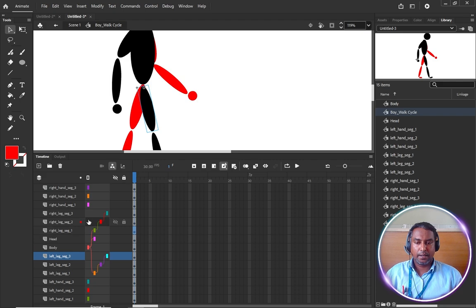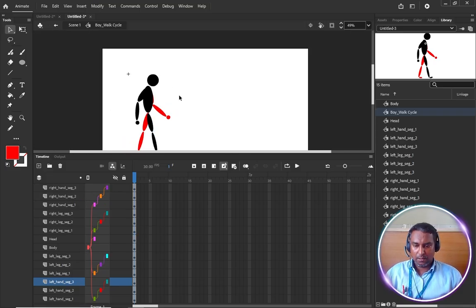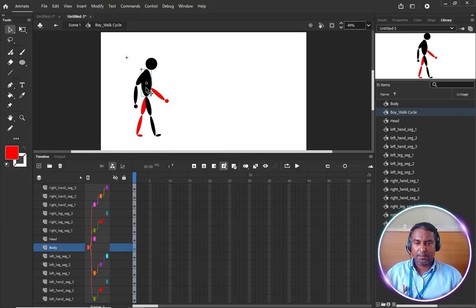So again I do the same thing: segment 1 connects with the body for the hand, segment 2 connects with 1, and segment 3 connects with 2. And here also, segment 1 of the left hand connects with the body, 2 with 1, 3 with 2. Now you can see we need this structure, and after adding this parenting I select the body and click and